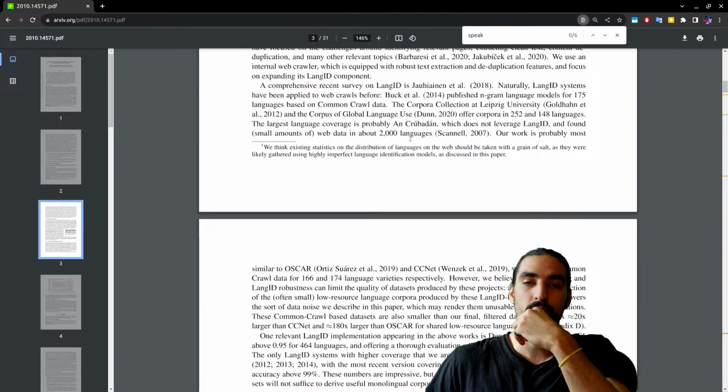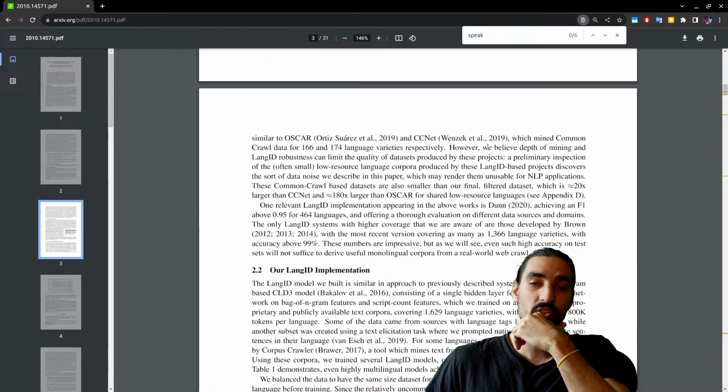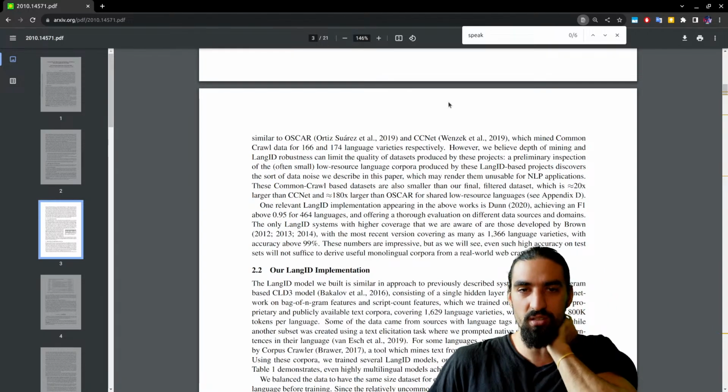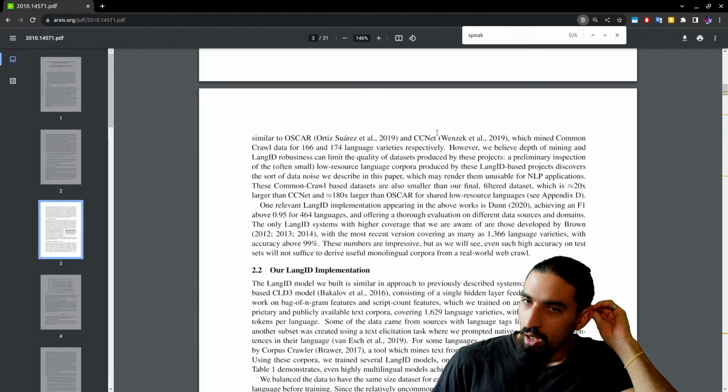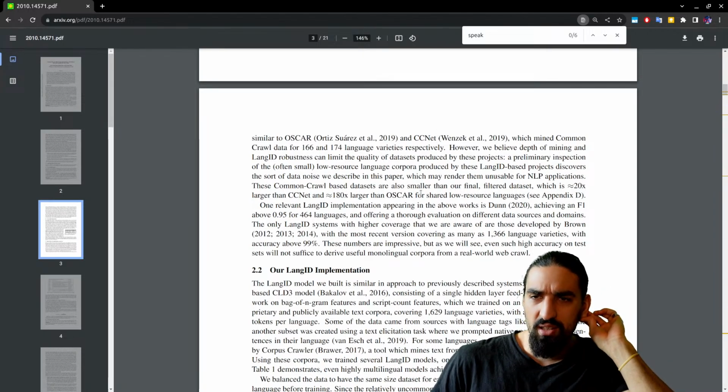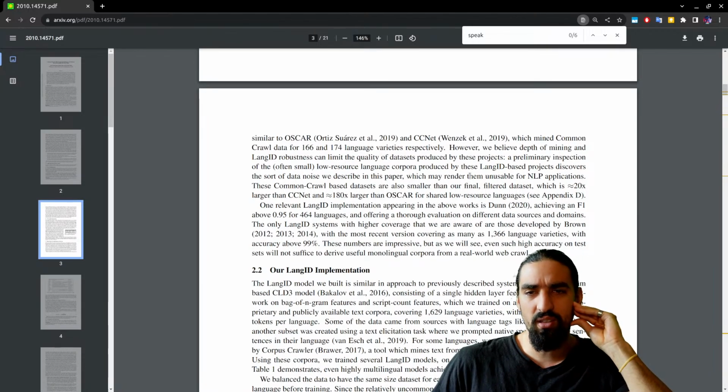The largest language coverage is probably Ankrubadan, which does not leverage lang_id and found small amounts of web data in about 2,000 languages. Our work is probably most similar to OSCAR and CCNet, which mine Common Crawl data for 166 and 174 language varieties, respectively. However, we believe depth of mining and lang_id robustness can limit the quality of datasets produced by these